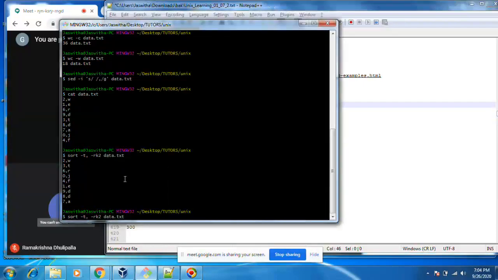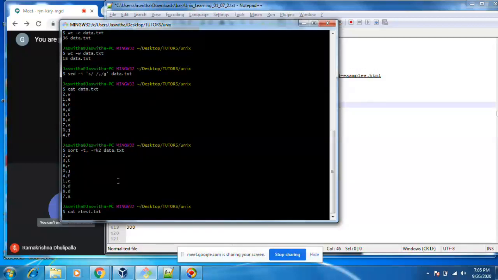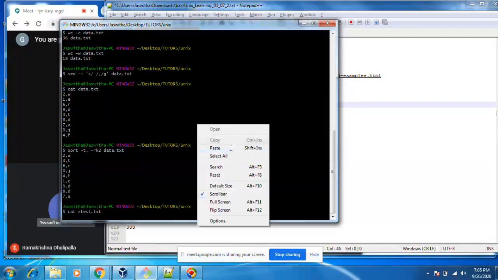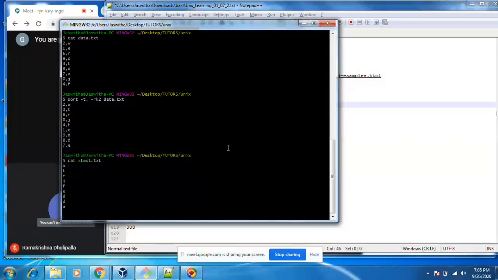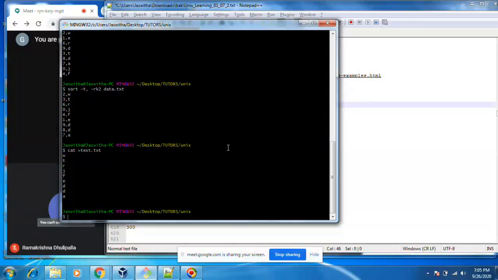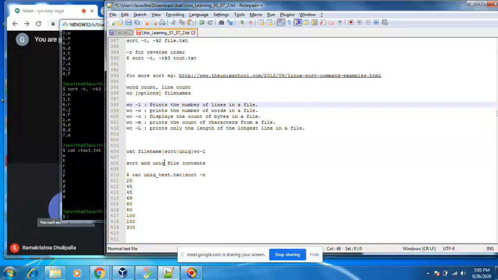Okay. First of all, we will see unique one. Now, till now we have seen sorting.